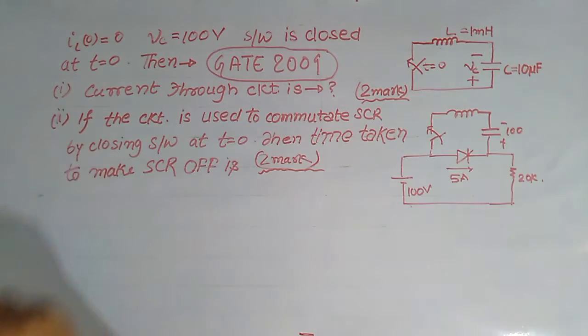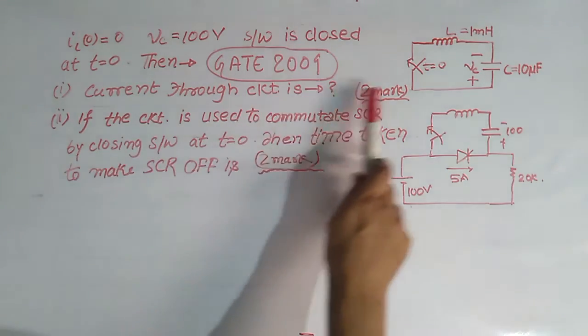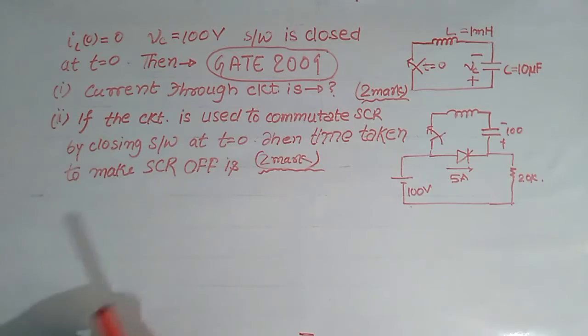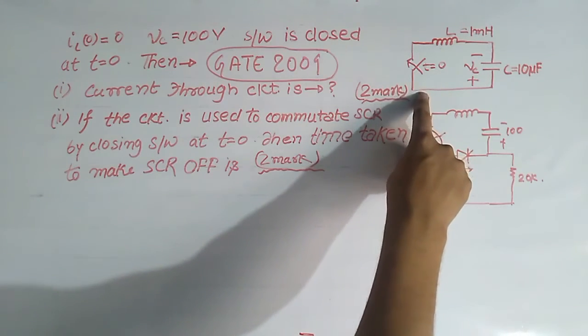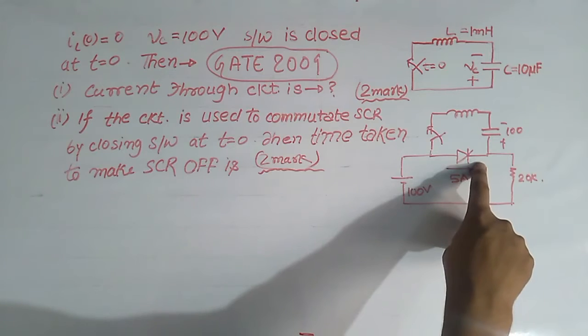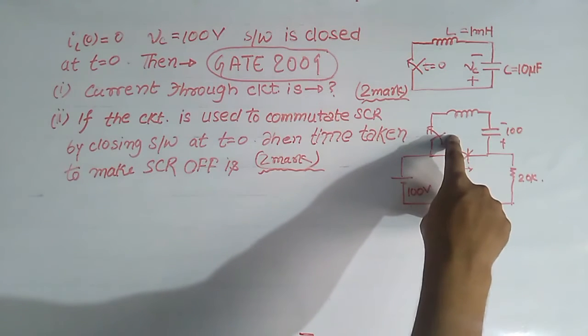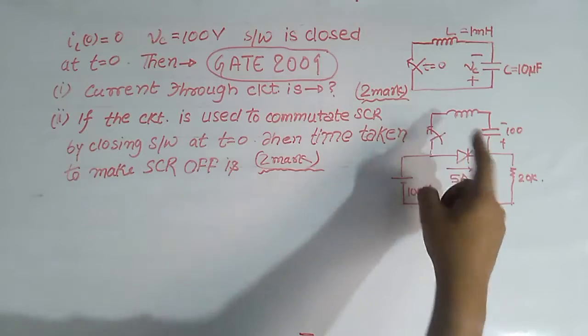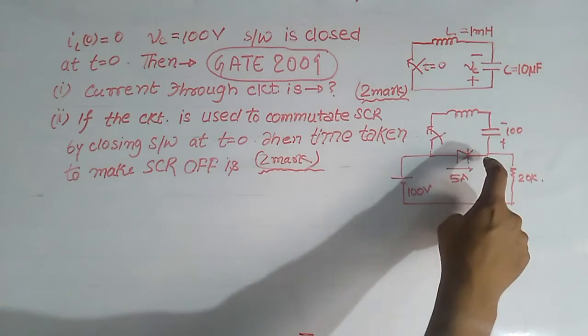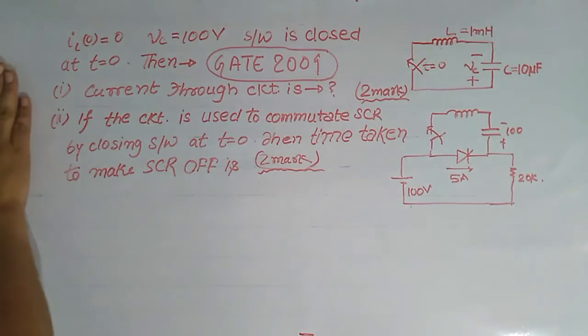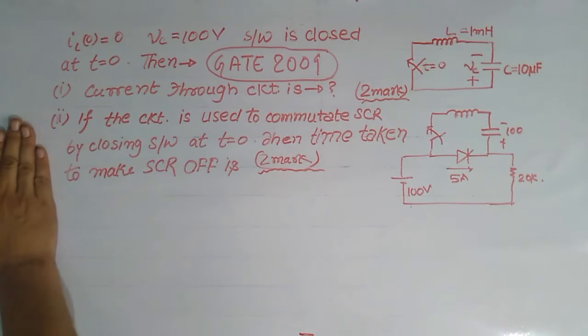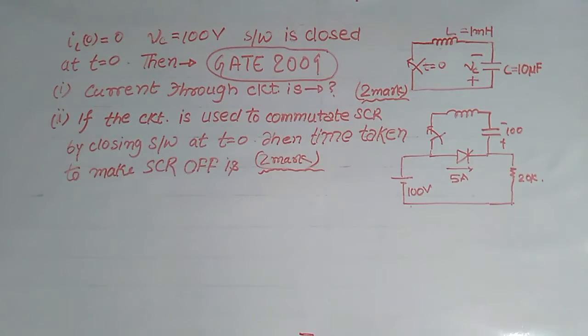Then in the first part we have to find the current through the circuit, and in the second part it says that if this circuit is used to commutate this SCR, then by closing the switch at t equals 0, what is the time taken to make the SCR turn off? So we have to solve these two parts of this question, and each part is of 2 marks. Before solving this question, you must remember the LC circuit equation. So in my lecture I told you,